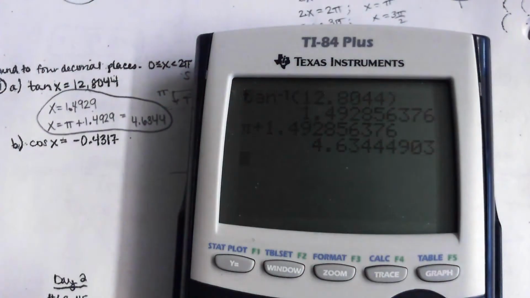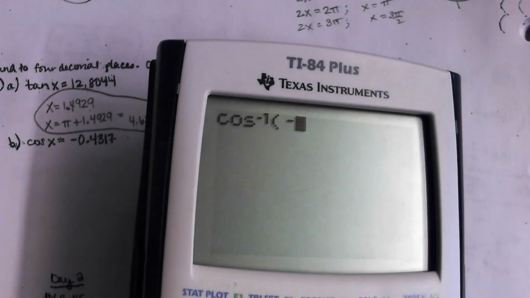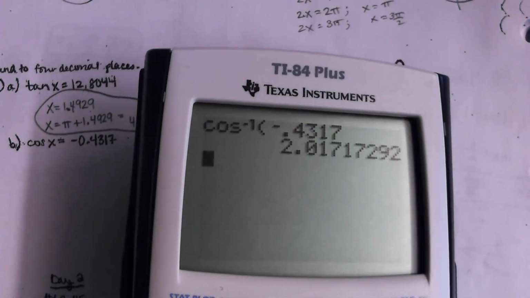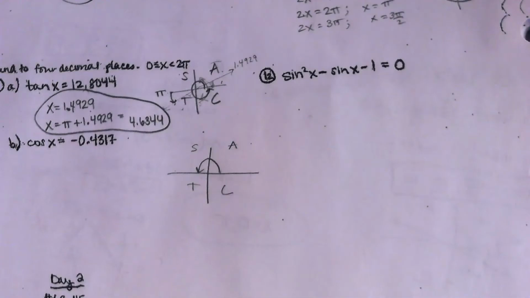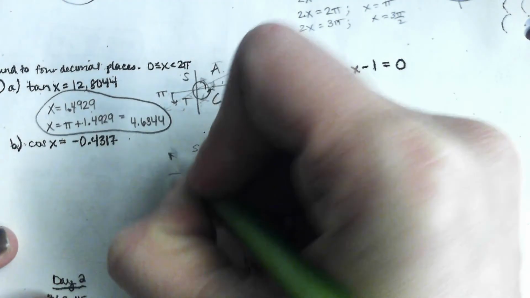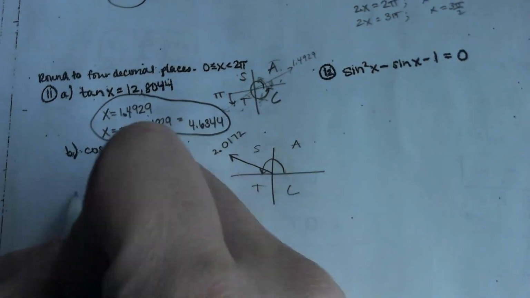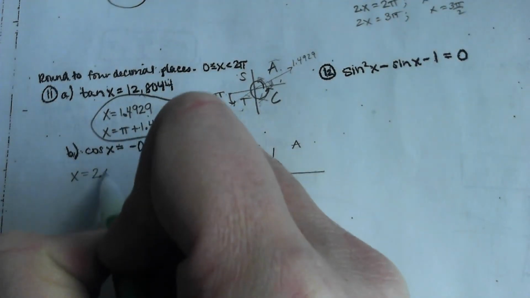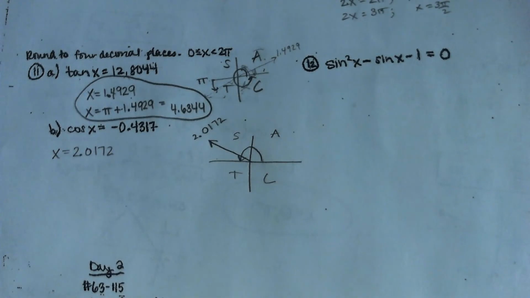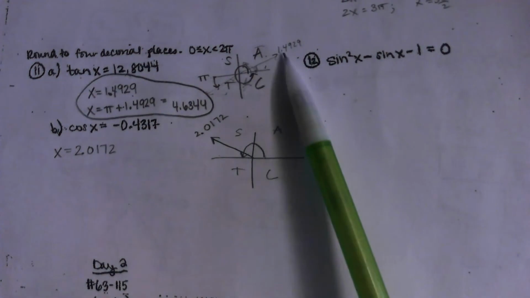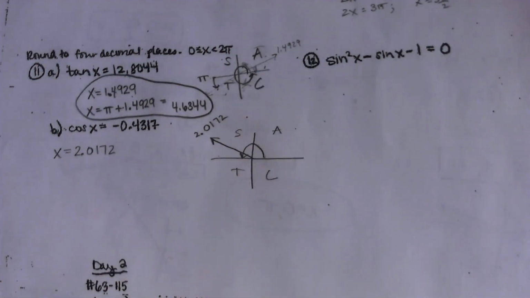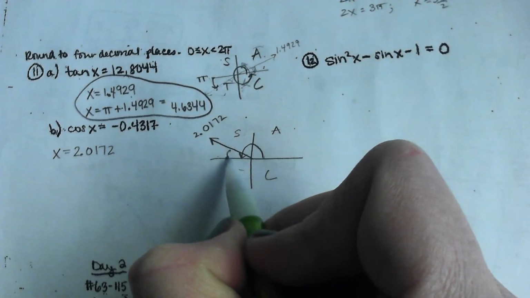So this one, when I do inverse cosine of negative 0.4317, 2.017 is the angle. 2.0172. Sorry, 4 decimal places. So there's one answer. Now this one's a little bit trickier, because what is the reference angle? It's not 2 anymore. This one worked out nicely because the reference angle was the first quadrant angle. The reference angle here is that one,